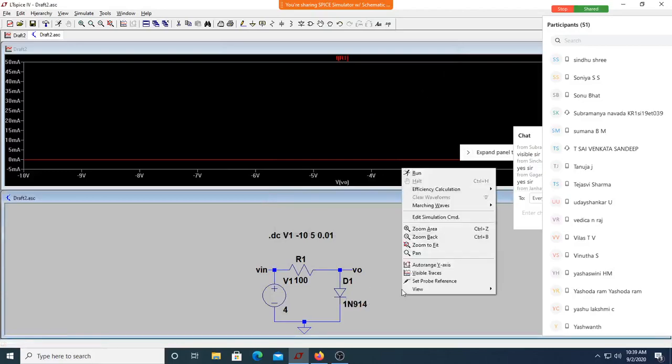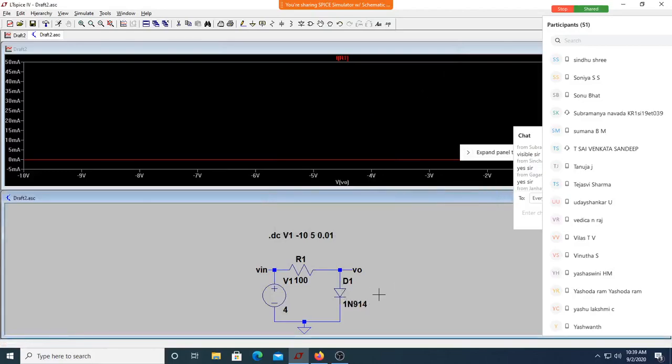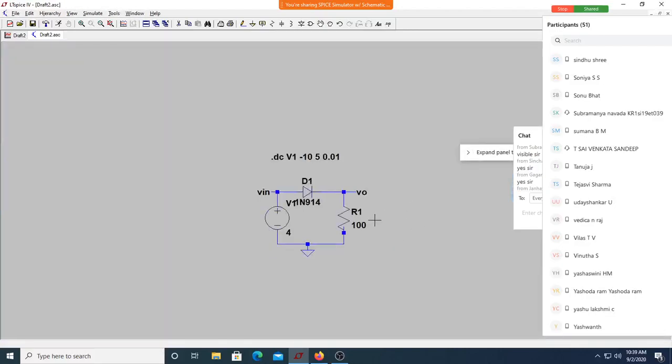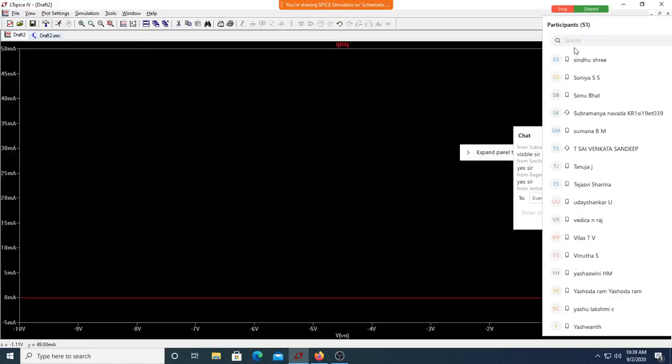I'll take out this, and take out this resistor with Control R. I'm placing it here with F7, Control R. Again, do the connections properly. I'm done.